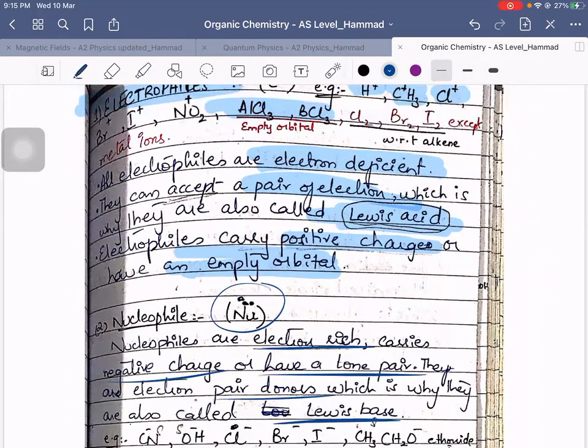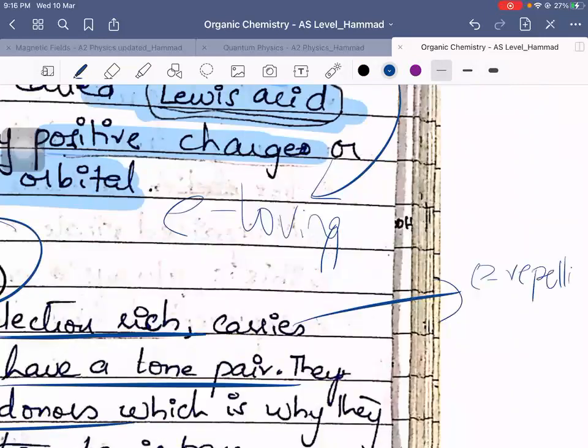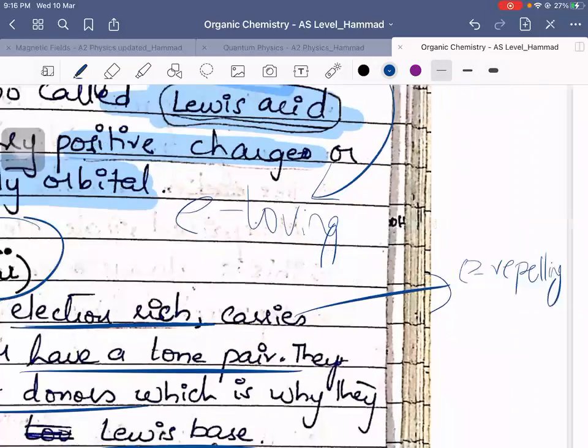Electrophiles were electron loving. Nucleophiles are electron repelling. Definitely, electrons have a negative charge and nucleophiles already have electrons, so they repel other electrons,